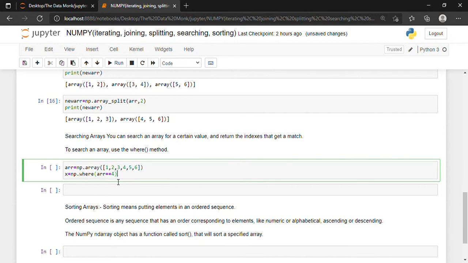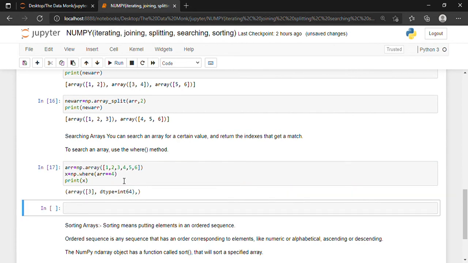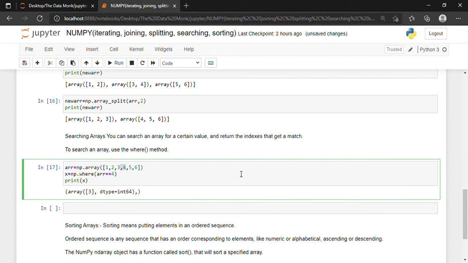Okay, so now I want to print x. So see, it is located in the third position: 0, 1, 2, 3. So my 4 is located in the third position. Okay, and it is also showing me the data type which is integer. Alright.